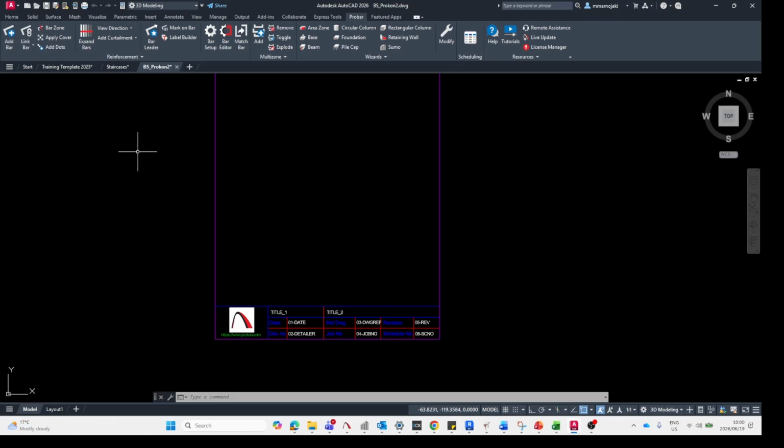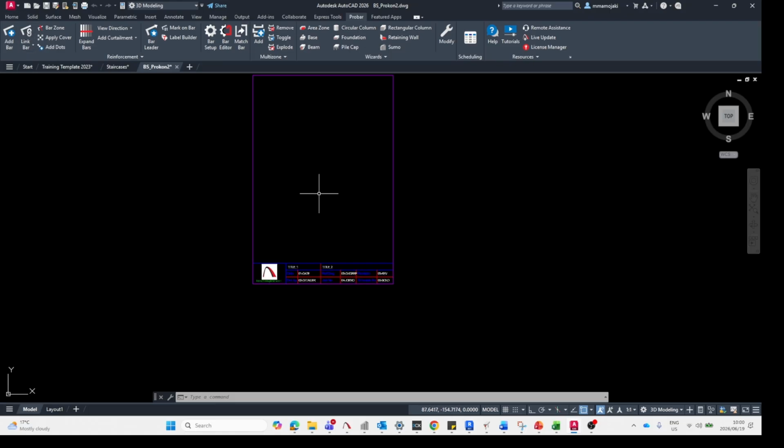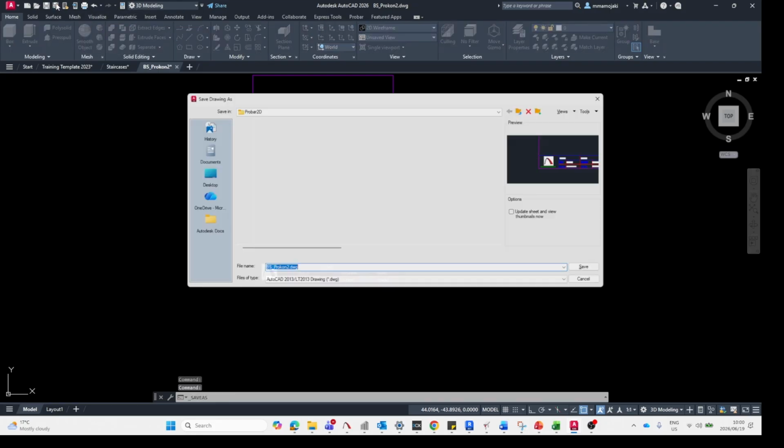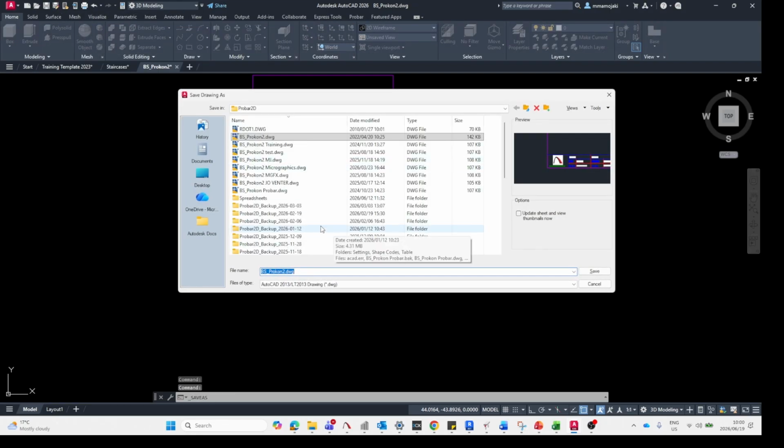So what you can then do is save this as your own, or as your custom template, and give it a different name so that we are able to edit this specific template. So I'm just going to go to the home tab, or we can just navigate to the quick access toolbar and write save as. I'm just going to save it as procon, the BS underscore procon 2, and then I will give it a name. Let's give it